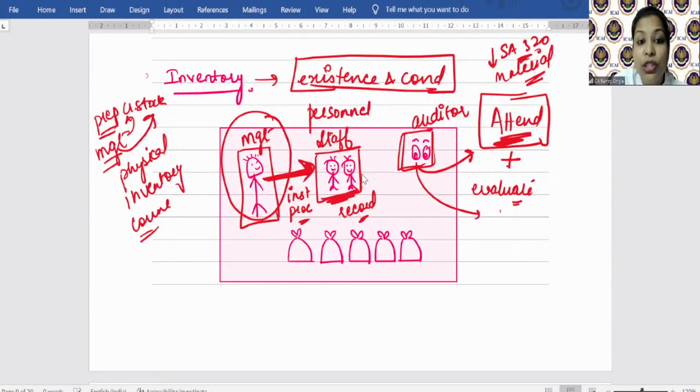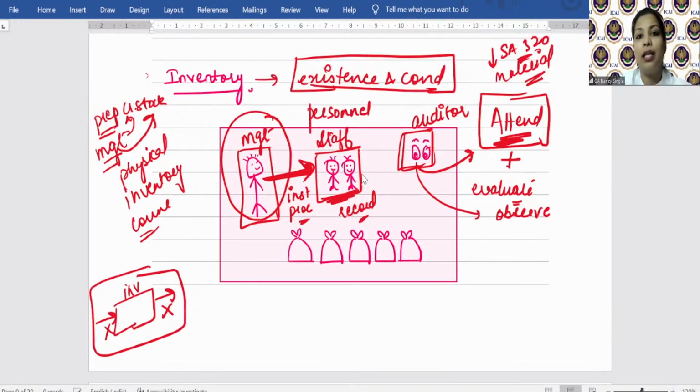ठीक है। प्लस ऑब्जर्व करो। ऑब्जर्वेशन इज द प्रोसेस बीइंग परफॉर्म्ड बाय अदर्स। ऑब्जर्व द एंटायर प्रोसेस। देखो जब कंपनीज में प्रैक्टिकली इन्वेंट्री काउंट होता है, तो उस टाइम पे जो भी इन एंड आउट फ्रॉम द इन्वेंट्री है वो स्टॉप हो जाता है। तो ऑब्जर्व करो वो एक्चुअली हो रहा है या नहीं। ऑब्जर्व करो मैनेजमेंट क्या इंस्ट्रक्शन दे रहा है। ठीक है। ऑब्जर्व द परफॉर्मेंस ऑफ मैनेजमेंट इन्वेंट्री काउंट।